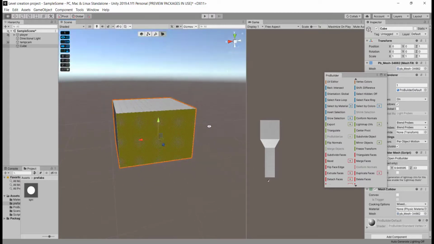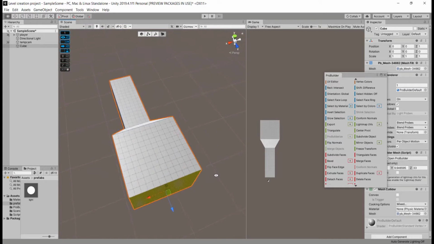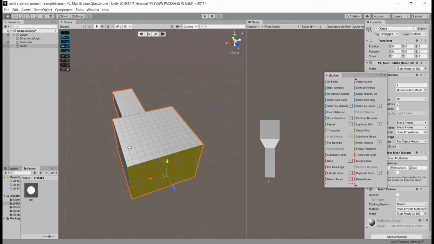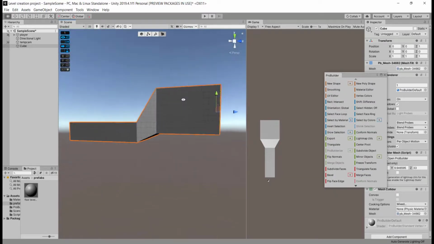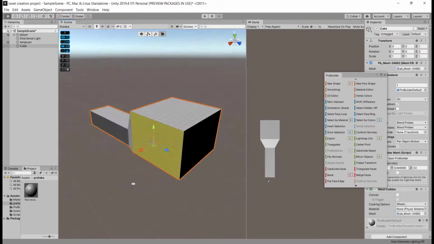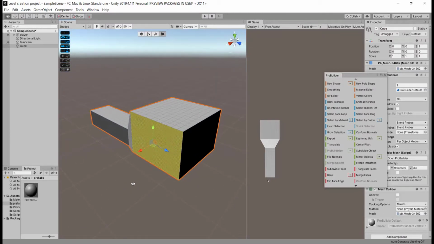We can add more alternate paths into our small room so that the level branches out into different locations, and then have more shortcuts so that our player can go through different areas in the level while playing the game.